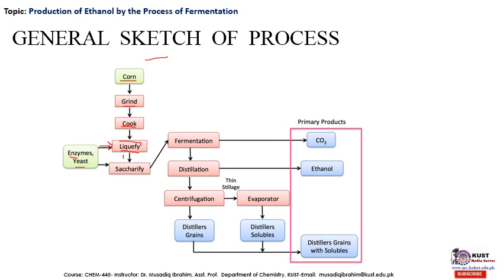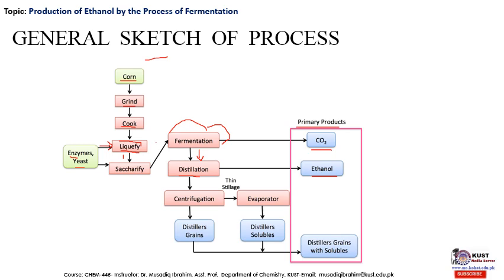Now after saccharification, the process of fermentation is started, and as a result of the complete run of the fermentation process, the primary products are obtained, which are carbon dioxide, and after fermentation by the refinery step, which is distillation, we get the ethanol as the final product. Now after distillation,